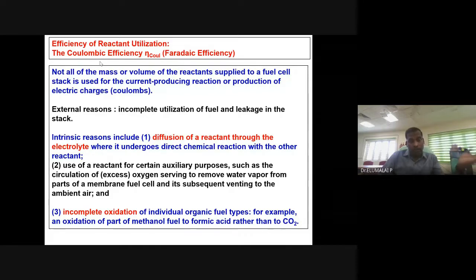The fuel that is falling on the anode, everything will not get oxidized. If everything gets oxidized, then there is complete utilization of the fuel. No, some may not be. Some percentage of fuel may not be oxidizing. It may be partially decomposing. In the case of an alcohol fuel cell, methanol for example, conversion to formic acid is not the end. It is supposed to convert into CO2. No, it stops at formic acid, acetic acid, or other partially decomposed or partially oxidized forms. Because of that, the fuel that is fed on the anode is not completely utilized.